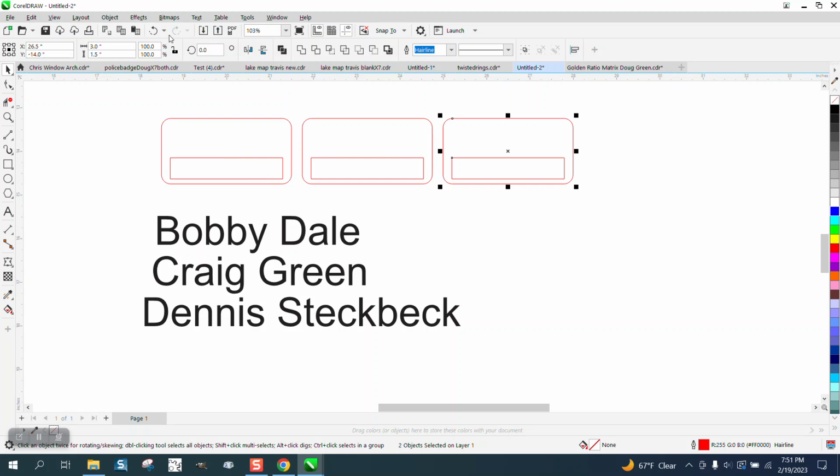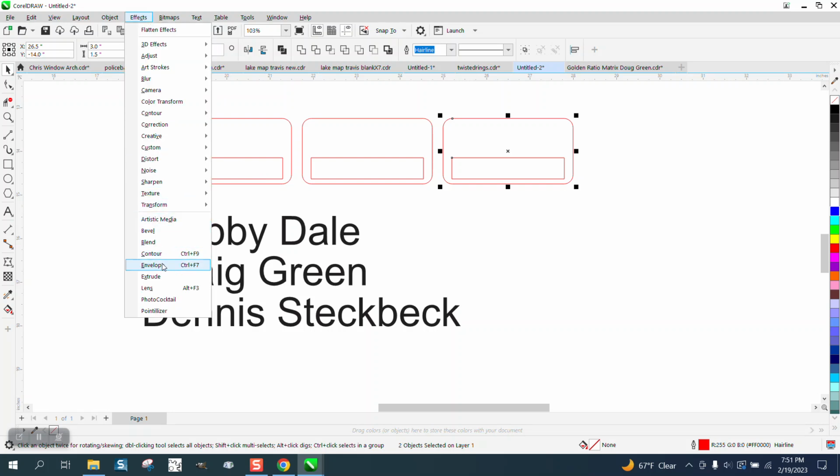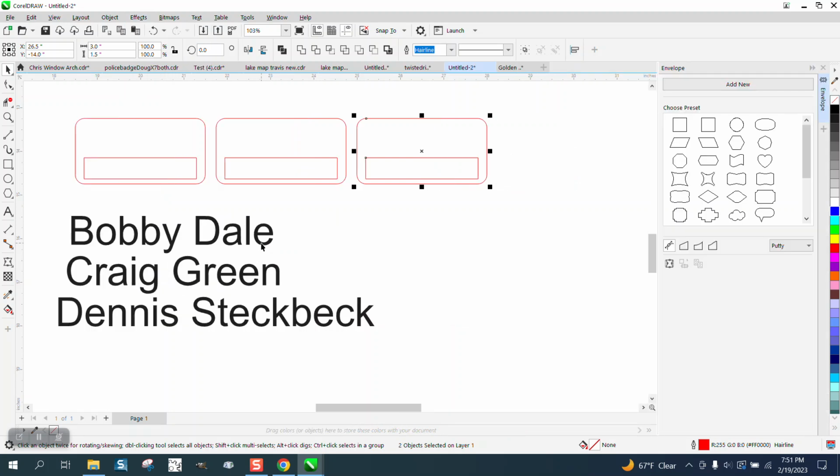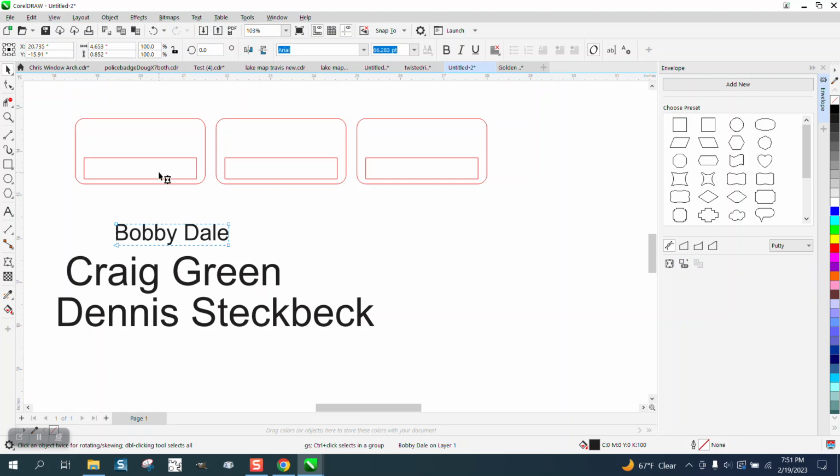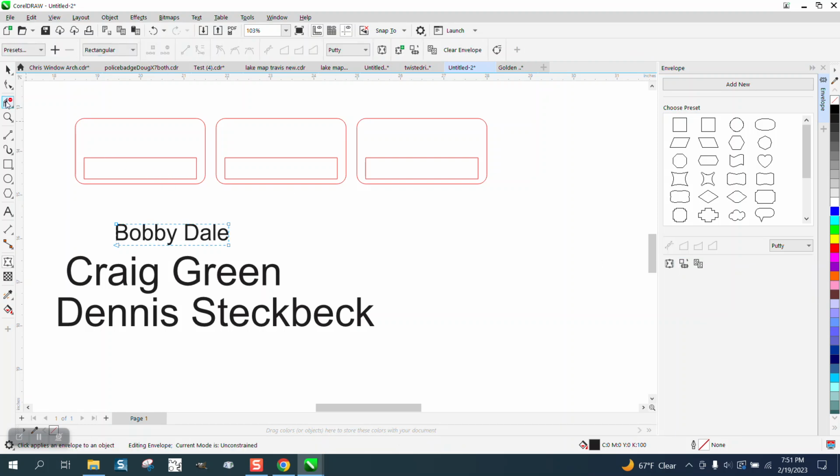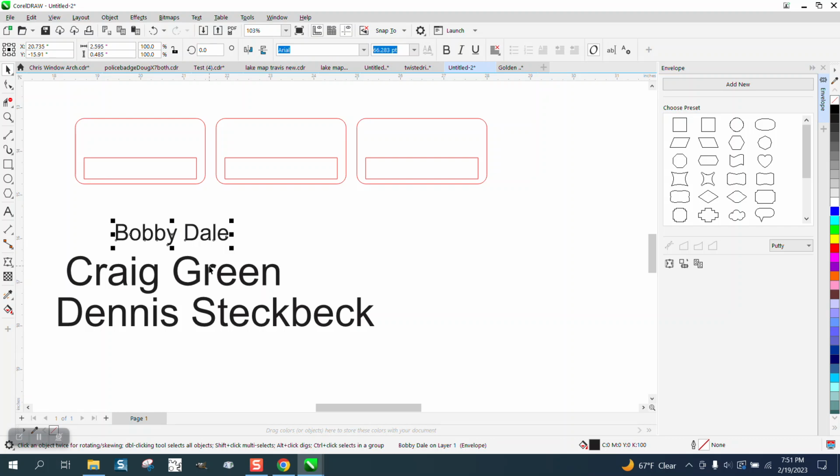So now we need to open up another, or at least the way I would do it is go to Effect and open up this envelope tool. Pick on your name and create an envelope from this form, and look how it did that. Now I would do all of them at the same time. Envelope form to there,